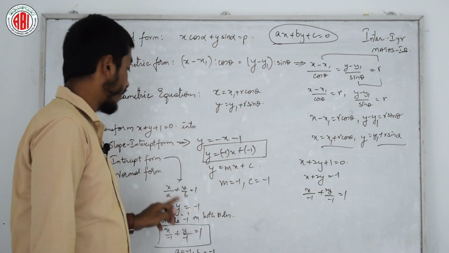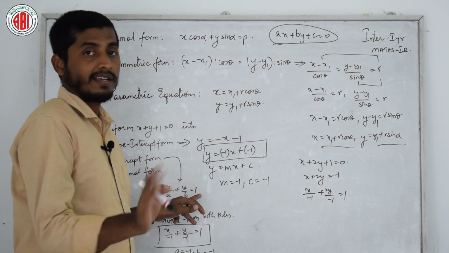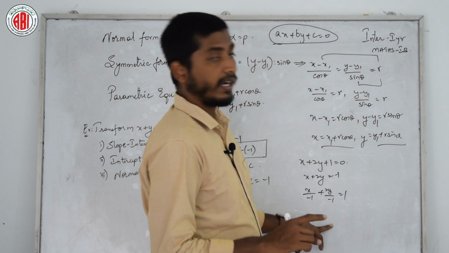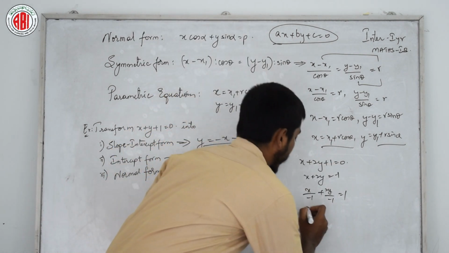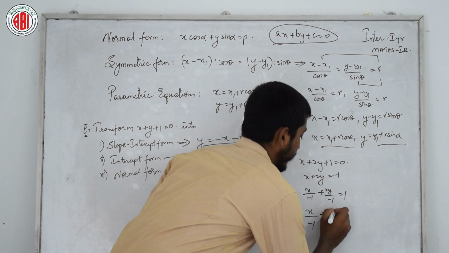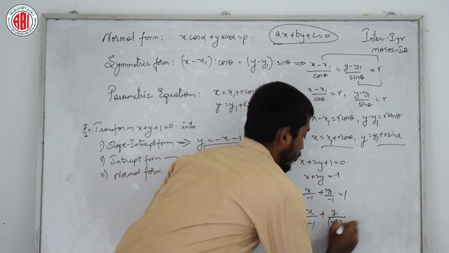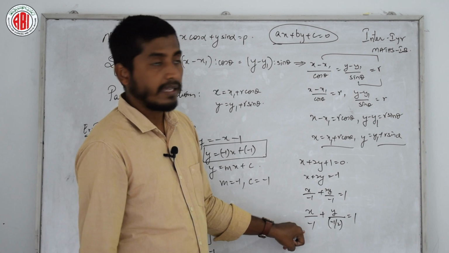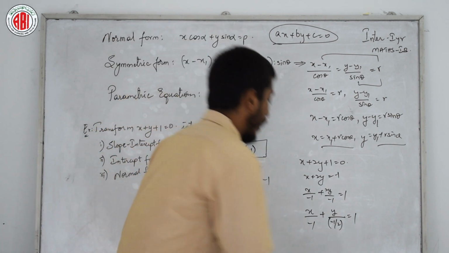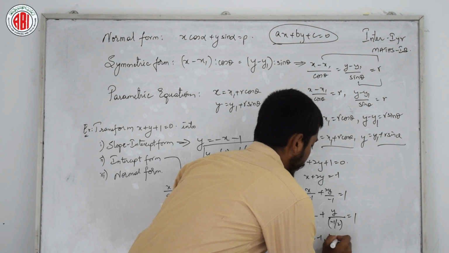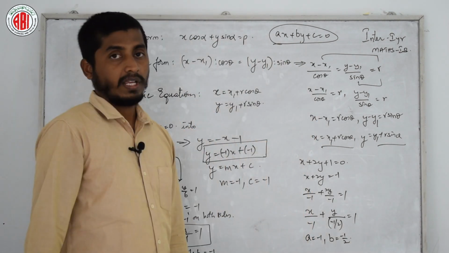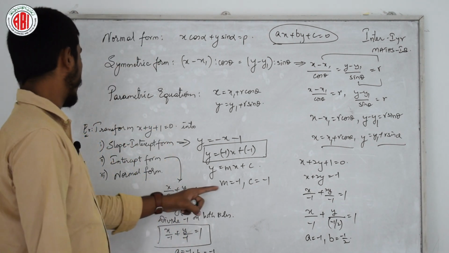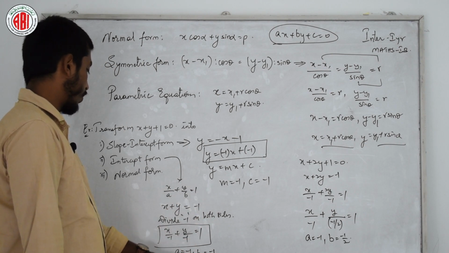See here, what is the coefficient of y here? Nothing should be beside x and y, which means the coefficient should be 1. Then I will move this 2 from numerator to the denominator. Then it becomes x by minus 1 plus y by minus 1 by 2, equal to 1. Clear? Is this in the intercept form? Yes, it is. What is the value of a here? a is minus 1, b is minus 1 by 2. Is it clear to understand? We have formed slope intercept form, and we have converted into intercept form.